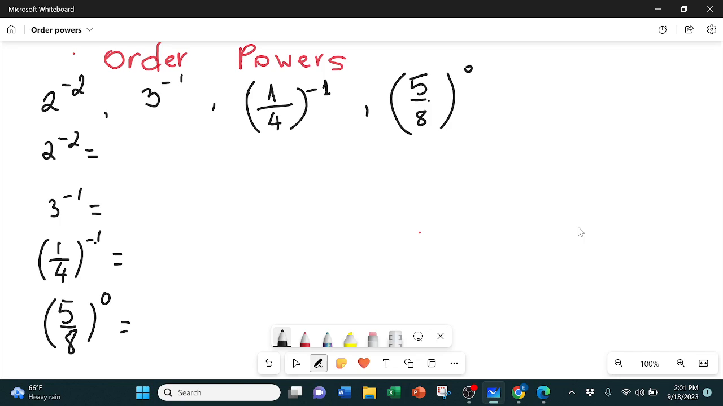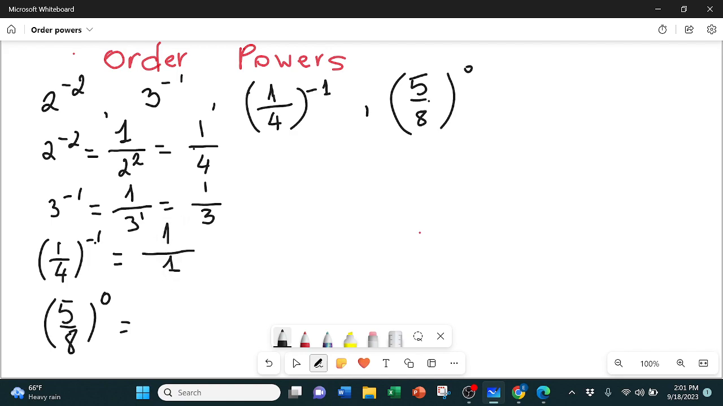Negative 2. That is a negative exponent, so using the law of negative exponents, it will be 1 over 2 to the second power, which is 1 over 4. The next one, 3 to the power negative 1, is 1 over 3 to the first power, and that is 1 over 3. The third one is, again, I'm going to use laws of exponents, so it's going to be 1